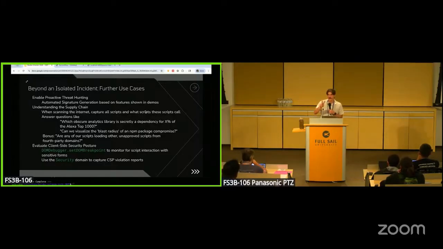It does two things. One, helps us threat hunt much more quickly. If we've got a sample of something a bad guy's doing, we can look for that bad guy behavior across the internet in different packages, in different payloads, and surface those a lot more quickly than you might otherwise by hand. The other thing is we can use that to actually understand better what the supply chain looks like across